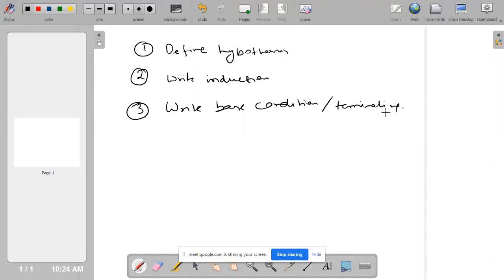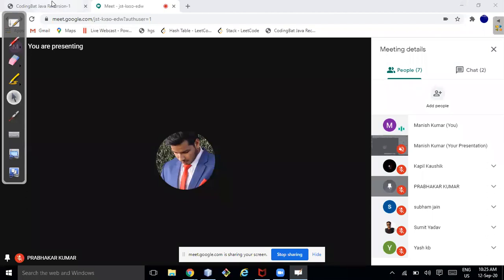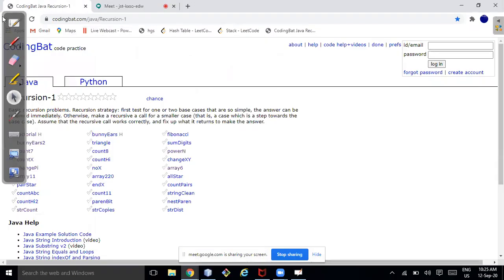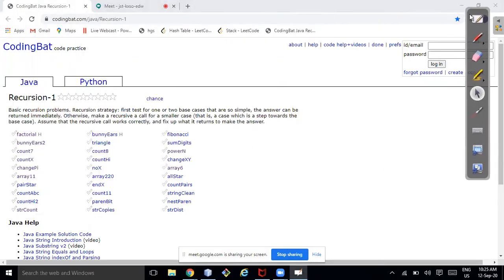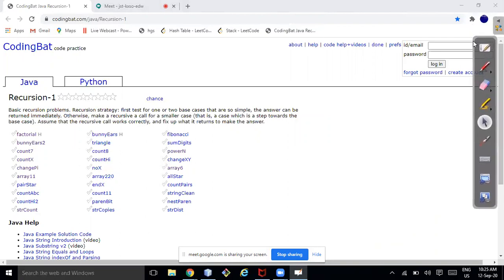So in this class, what we are going to do, I have a very simple example, okay? I found a web link with very simple examples for writing recursive code. We are going to try at least 6 or 7 of these, so that we'll get confidence.